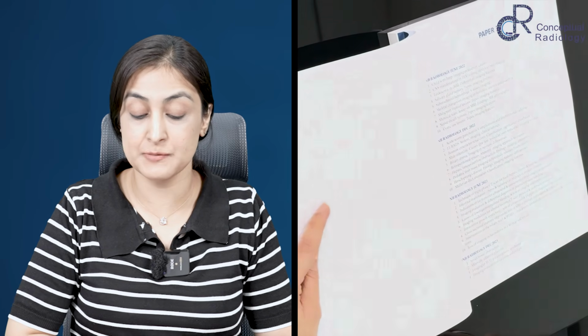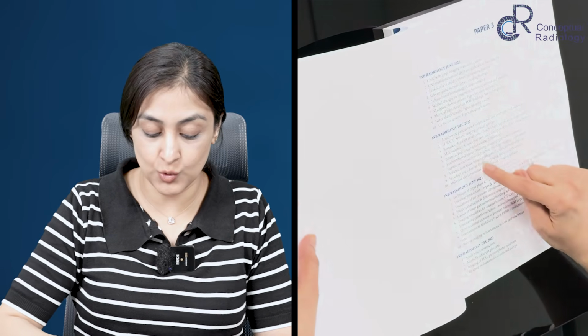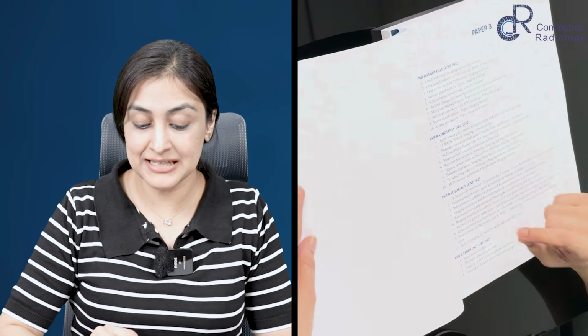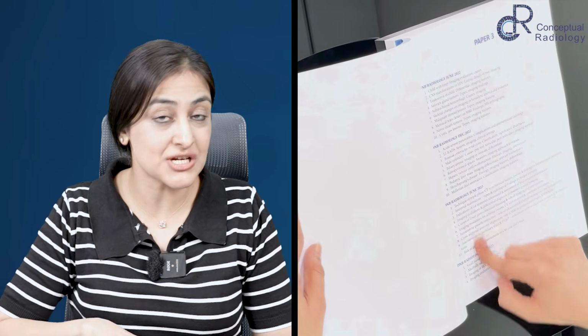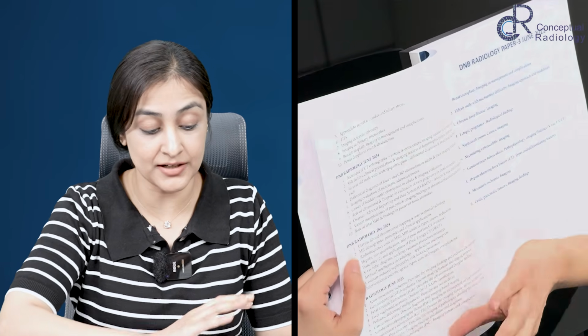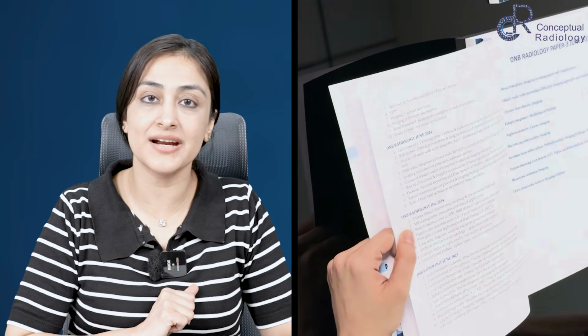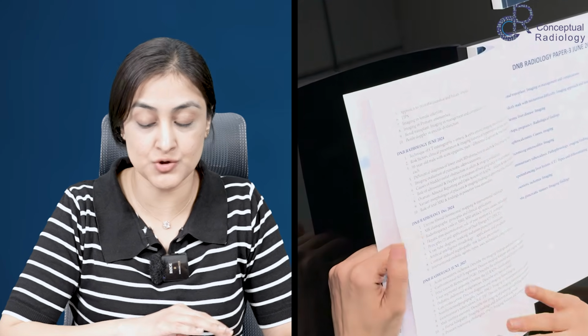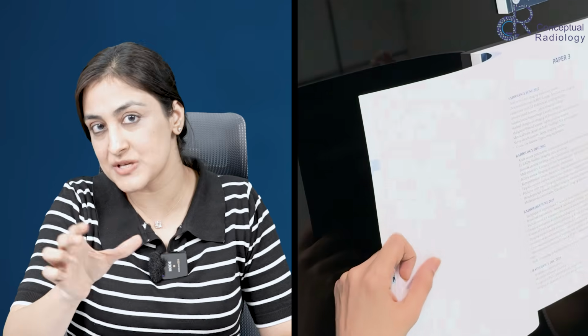So let's have a look at this paper 3. I've actually given you all of the topics here. So basically, when you are revising, I want you to start by reading this. When you see these 10 topics through the years, it gives you a trend, so you can analyze what trend of topics is happening per paper. So each paper has a set of specific topics.